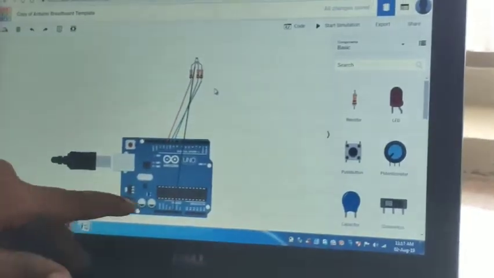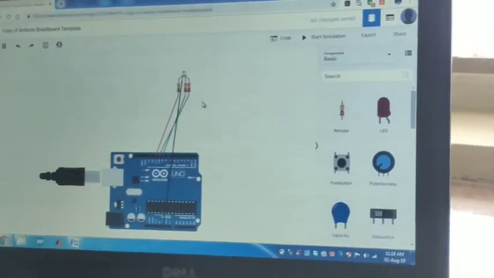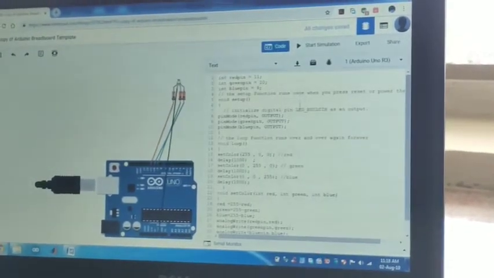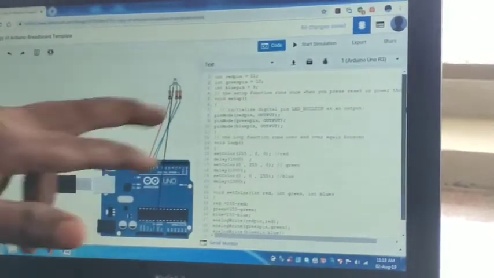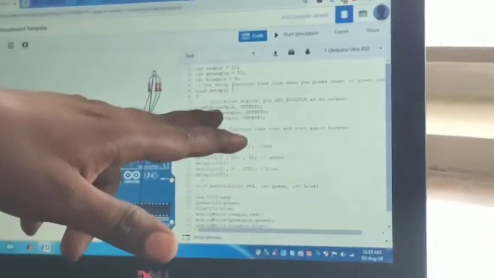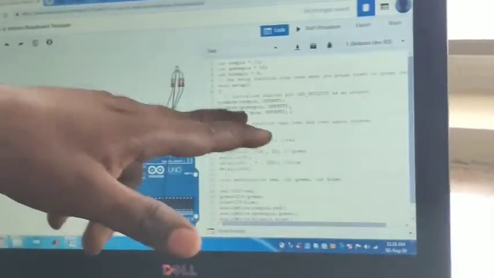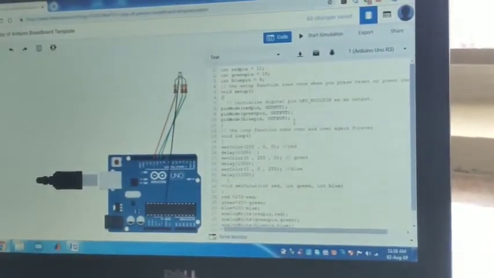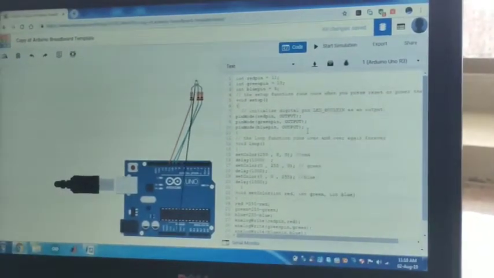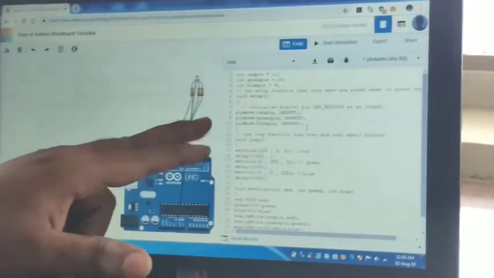You insert the Arduino Uno, your resistors and the RGB LED, and this is the logical part. Here we are initializing the red pin to 11, green to 10 and blue to 9. In the setup we set the pin mode, which specifies which pin acts as input or output.